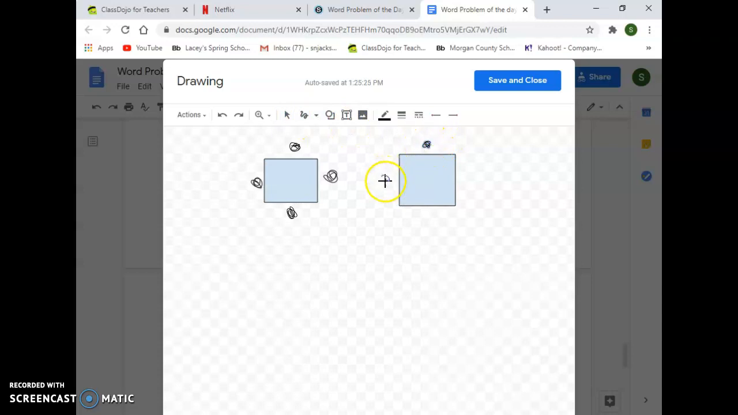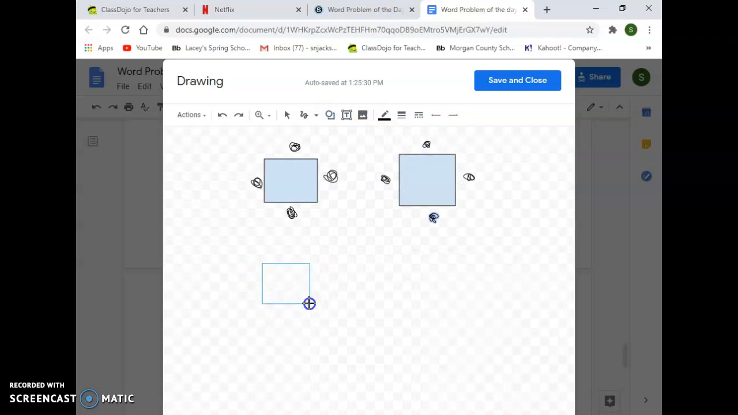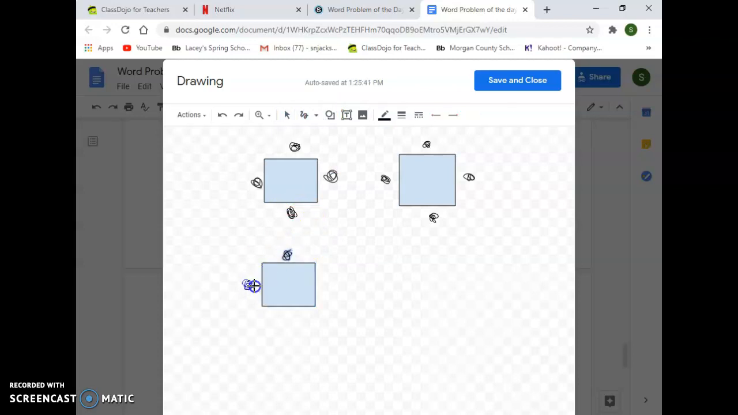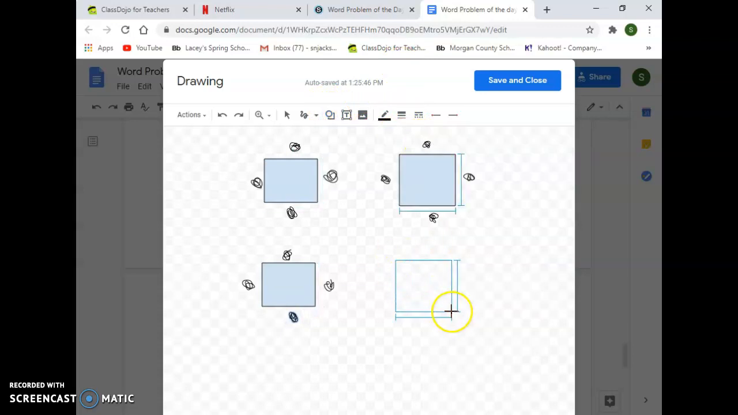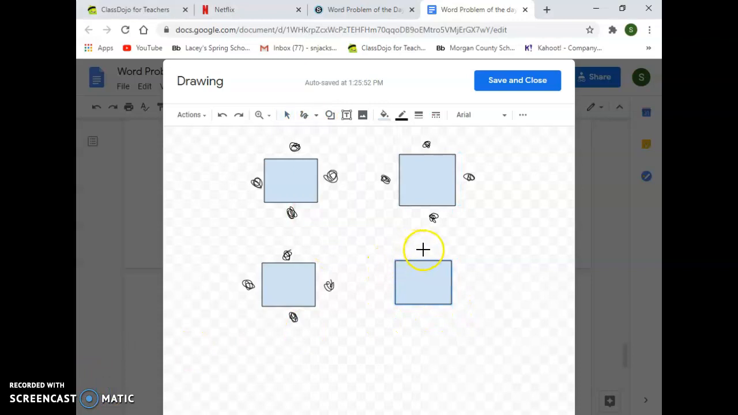There's 5, 6, 7, 8 people. I still need more, so I'm going to draw another table. And I'm going to draw, I have 8, here's 9, 10, 11, 12. Okay, I still need more, so I'm going to draw another table. And I'm at 12, so I'm going to add as many more as I can. So here is 13,